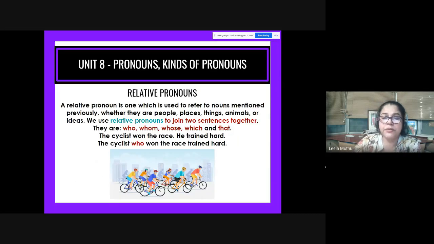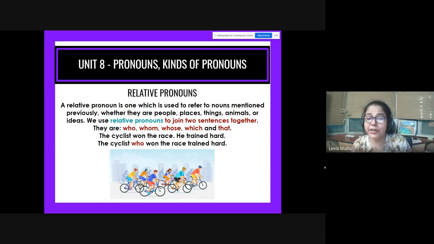And now we come to relative pronouns. This is a really important set of pronouns which we use a lot in a sentence. Right now I just used it. This is a set of pronouns. We use it a lot in the sentence. So now I join these two sentences together to say: these are a set of pronouns which we use a